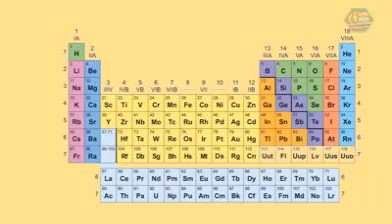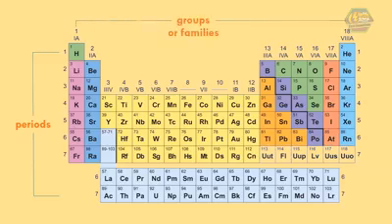Elements are arranged in periods and groups. There are 7 rows of the table which are called periods, and 18 columns which are called groups or families. Each group contains elements with similar properties. Groups are divided into A and B. Its trivial names are: